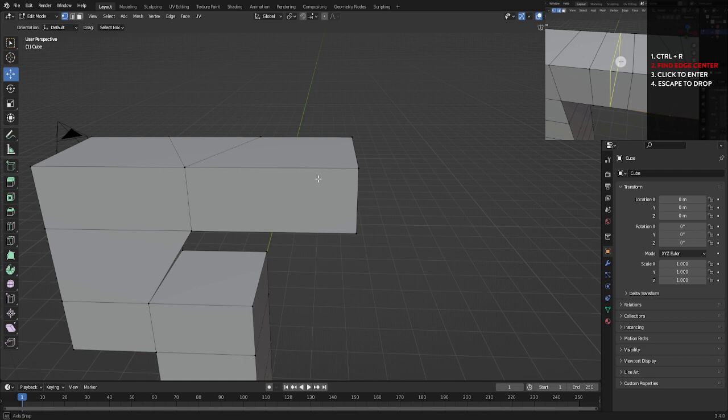As you have your mouse around, you'll notice that this can be a bit hard to find. The preview edge starts to jump around a bit. So bring your mouse back to the very center of an edge to stabilize it. Once you find it, click to enter the loop cut slide. Then immediately hit escape to drop it, which will create a new loop cut directly in the middle of the